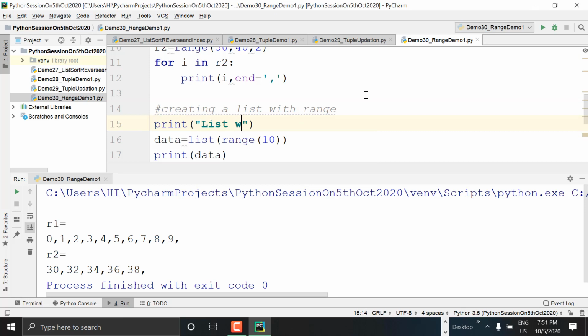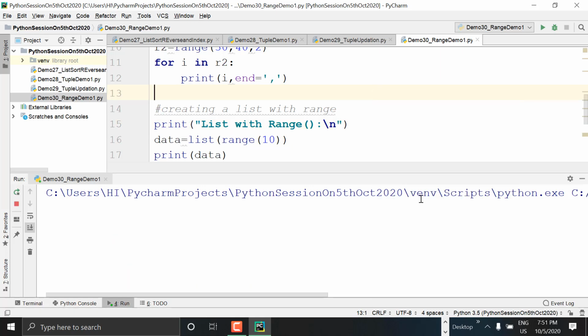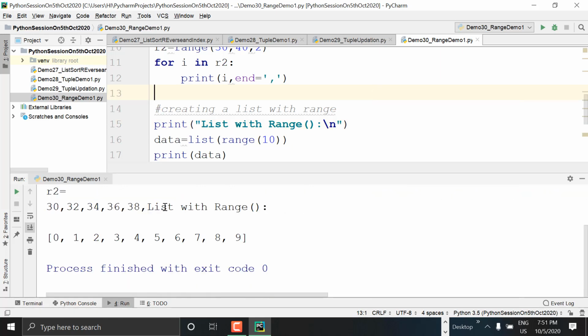Yeah, now it looks good. Yeah, list with range 0 to 9. See, square brackets now, it's a list, simple. And you can also use a for loop if you want to print one by one elements. Okay, so now we have created a list of 10 elements, nothing but 0 to 9, with the list function